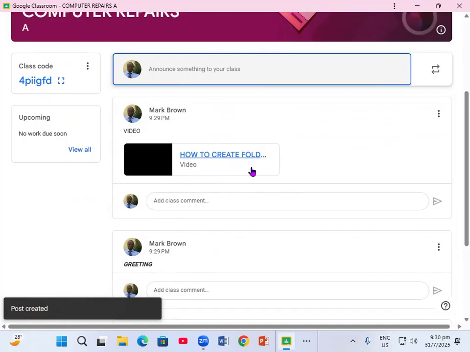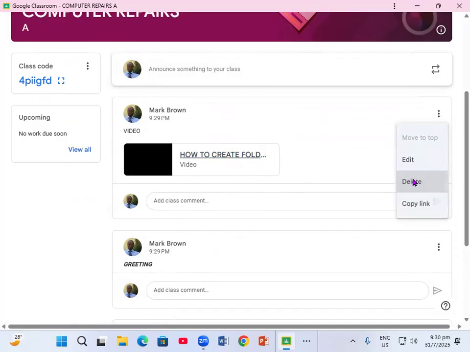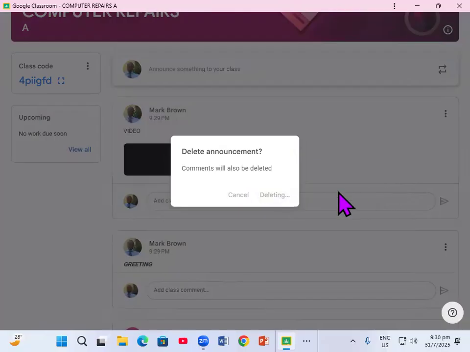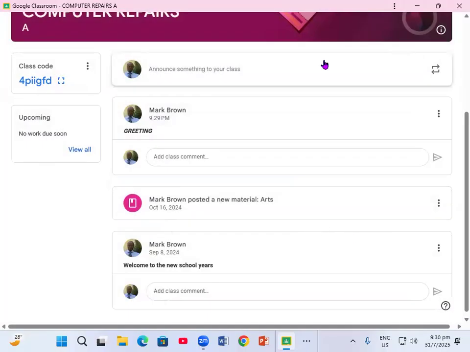But what if I really want to get rid of it? I can simply come up here, come right here, click delete, and there you go. So this is how you use the stream page